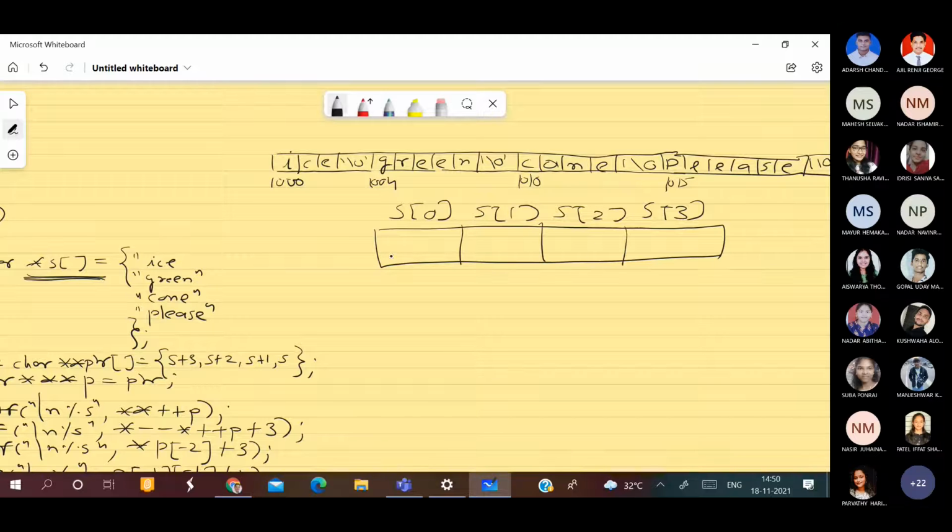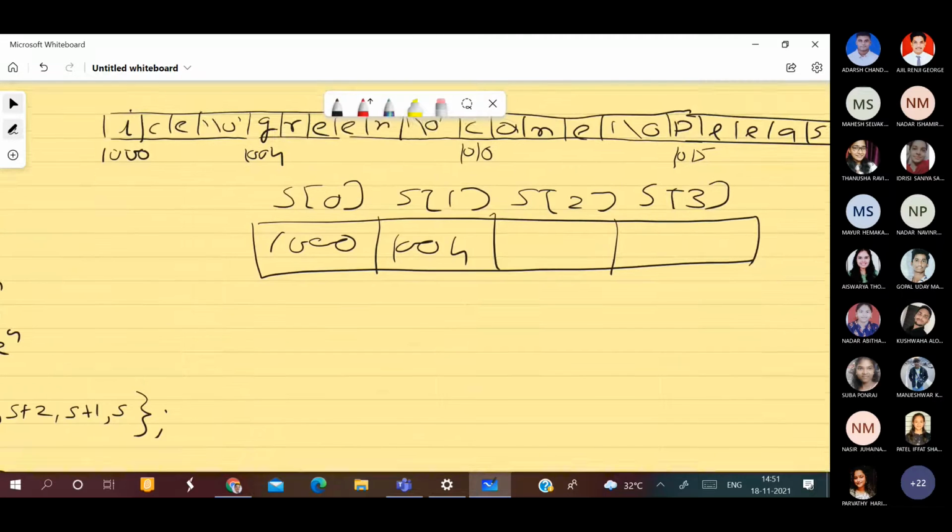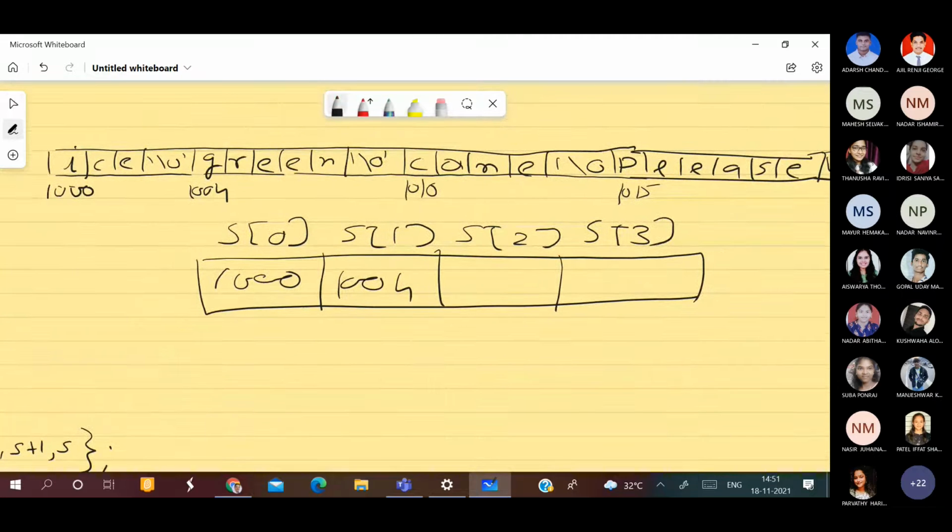S0 means ice. Where is ice? Ice is at 1000. S1 means green, the address of green. Because this is a pointer, S1 will take the address of green, which is 1004. And S2 is 1010, S3 is 1015. Right?